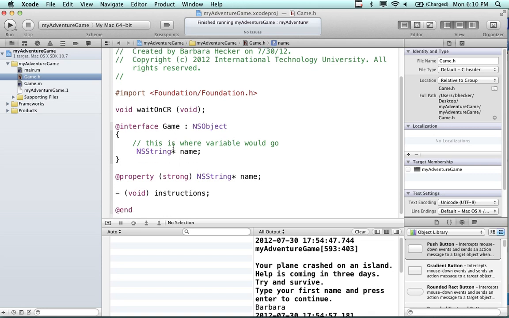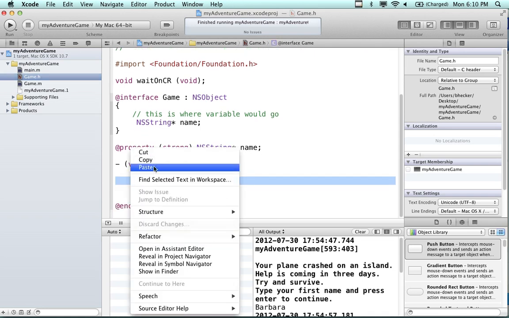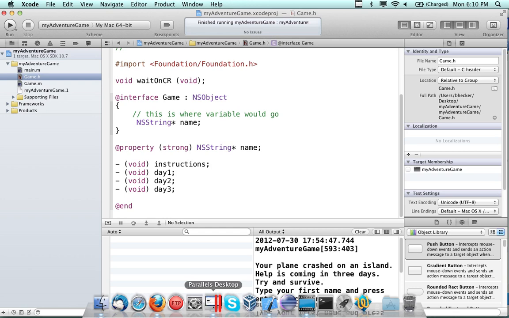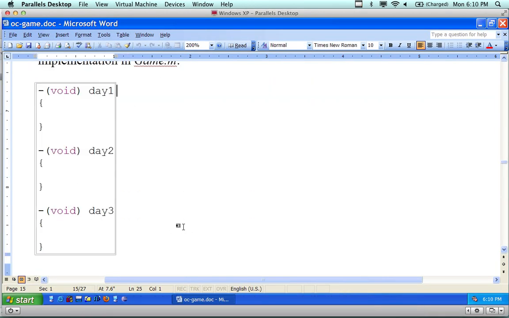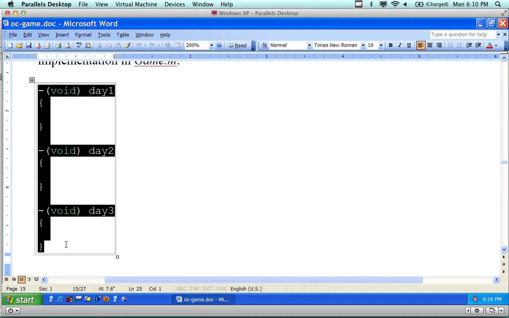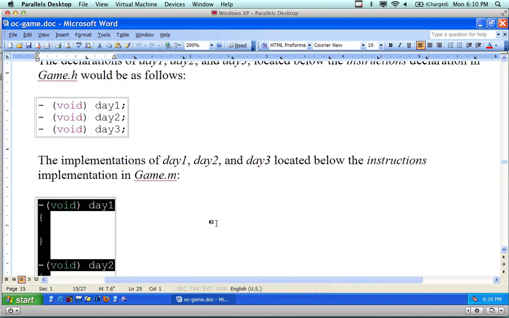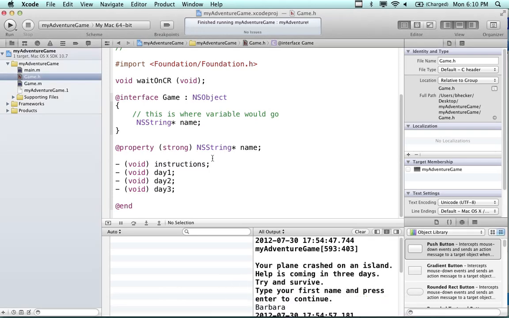So right below the instructions here, I'm going to paste it in here, day 1, day 2, day 3. And we could be a little bit more creative. We could put spaces in between. Doesn't really matter. So now that I have my function prototypes, I can go out and add, and this is kind of not a bad way of doing it actually, just add into the .m file the implementation. So you're essentially putting in the